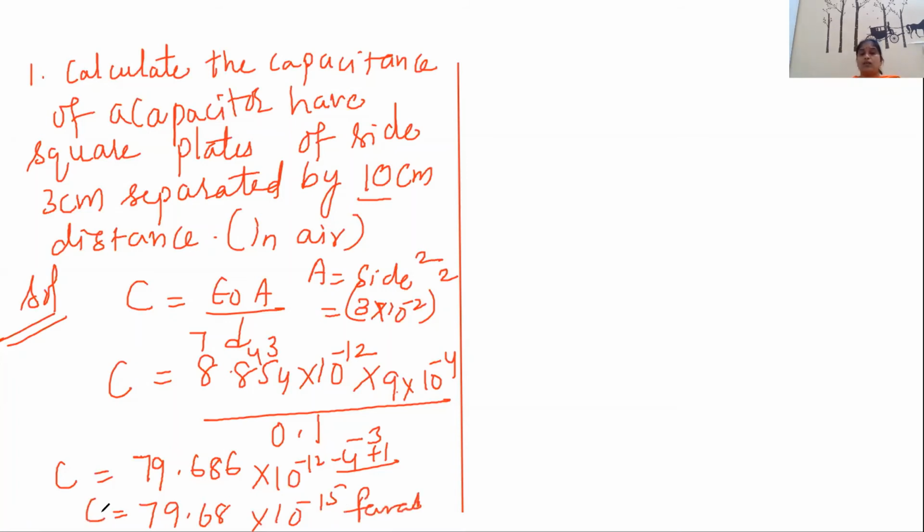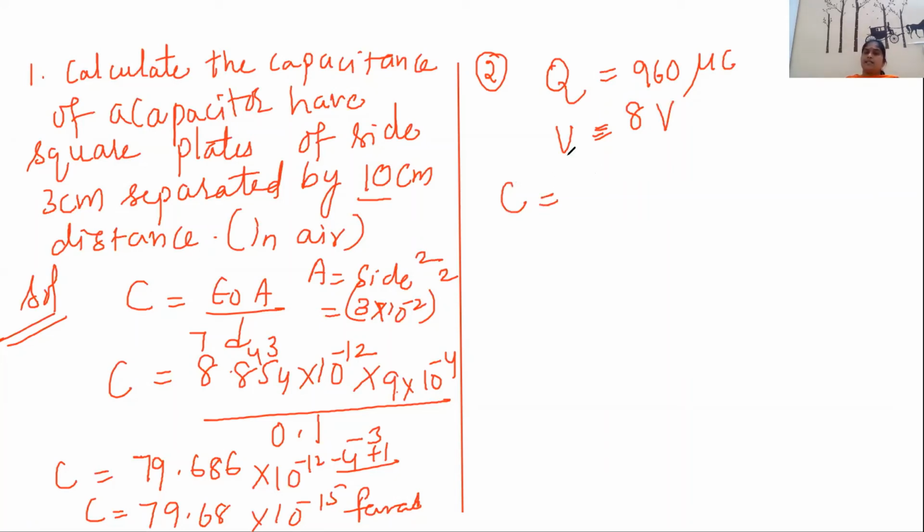So this is the value of the capacitance of a capacitor. Okay, now let us do one more problem. The charge stored on the plates of a capacitor is 960 microcoulombs for a potential of, let us suppose, 8 volts being applied. Now calculate the capacitance of the capacitor.